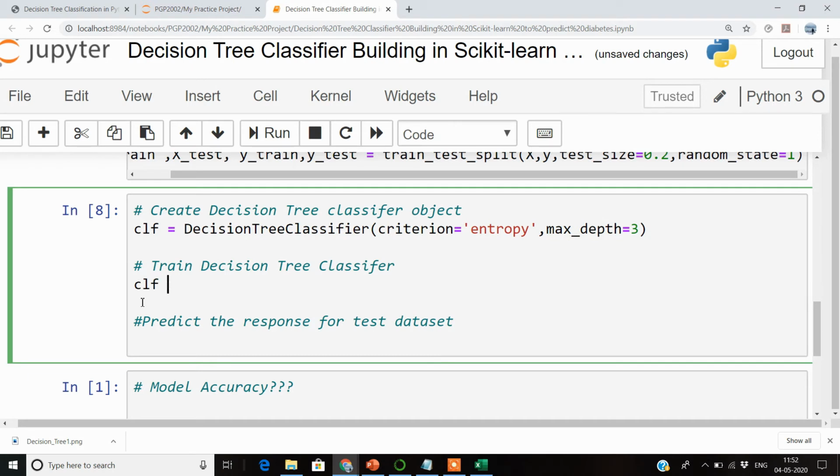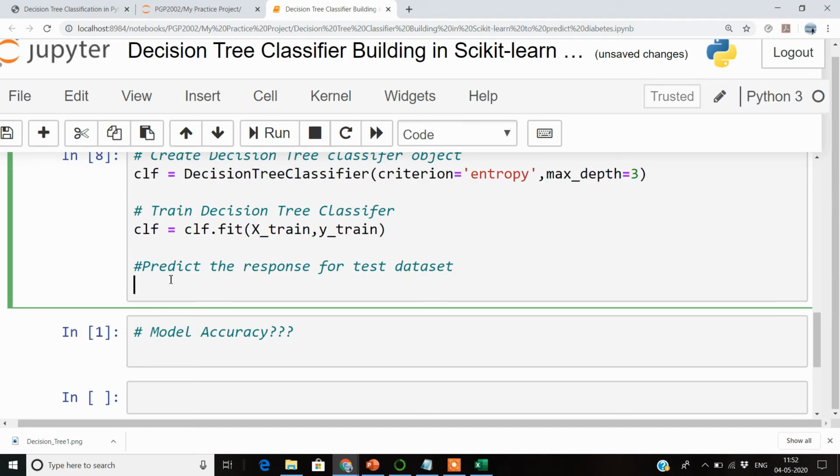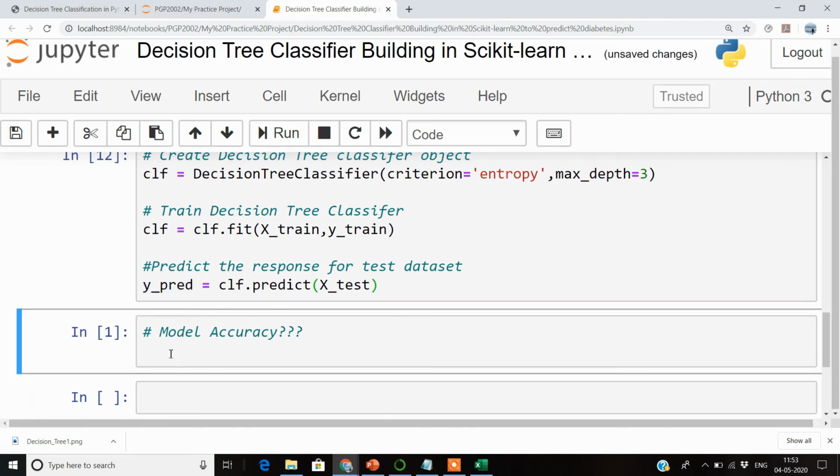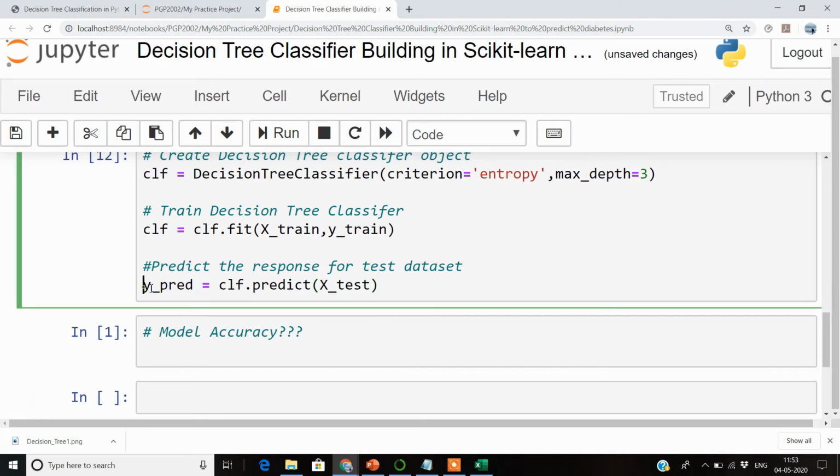The next part is that we will fit our training data in the clf object using the fit method. And in the same part, we will also predict in a new variable using the clf.predict method. This predict method will predict the response for the x test part, which was the 20% of the testing data of the feature variables of the data set, and store it inside this y predict variable. Now our data has been fitted and the prediction has been stored inside y predict.